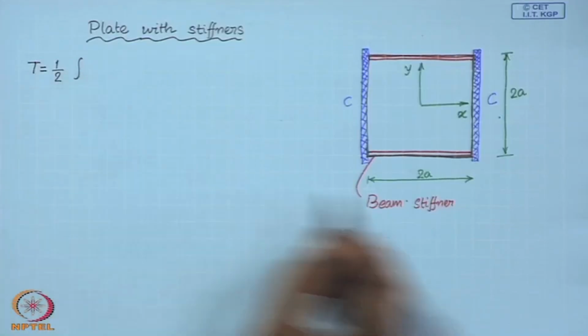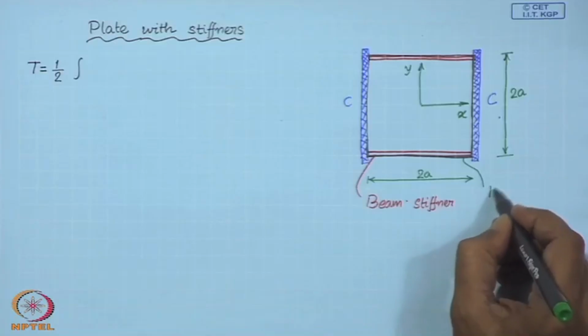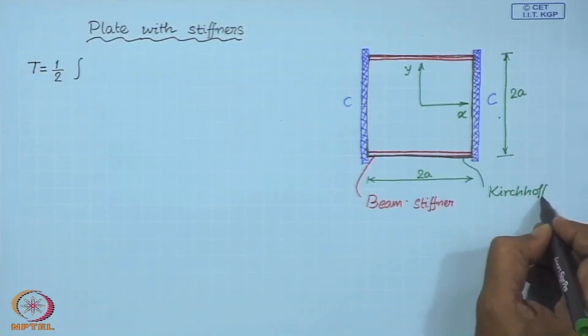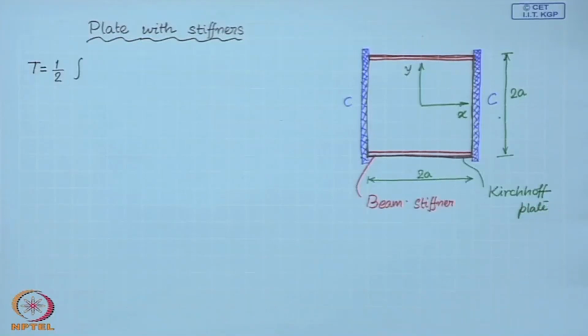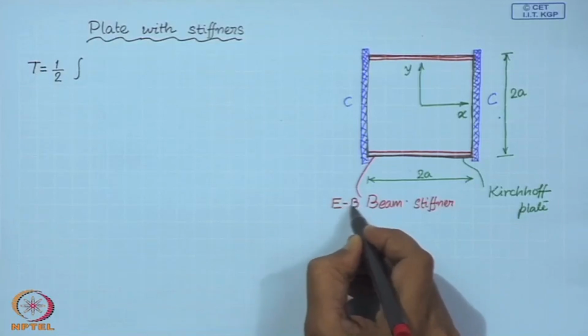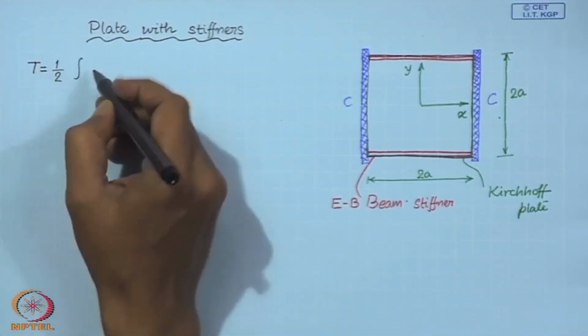We consider this plate to be a Kirchhoff plate and these beams to be Euler-Bernoulli beams. So, the kinetic energy